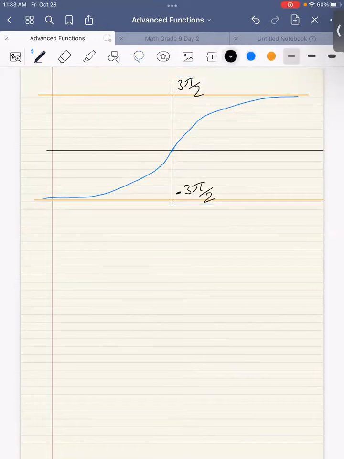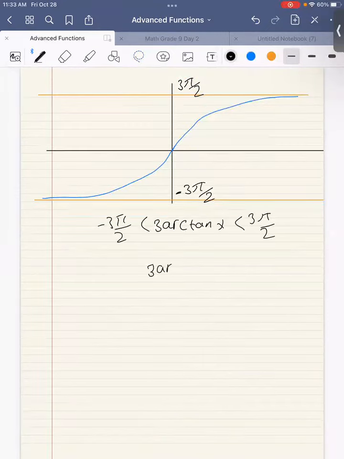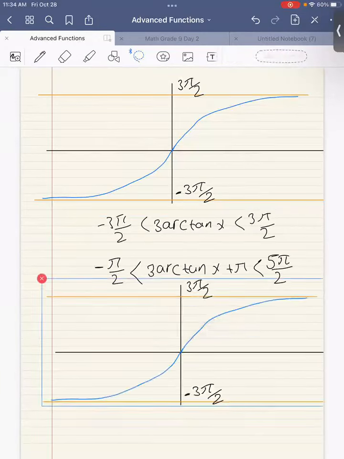So here, 3 times arctan is between minus 3 pi half and 3 pi half. When you add pi, 3 arctan of x plus pi would be between, what is pi plus 3 pi half? Pi plus 3 pi half is 5 times pi half. And pi plus minus 3 pi half is minus pi half. So it's basically just a vertical transformation,